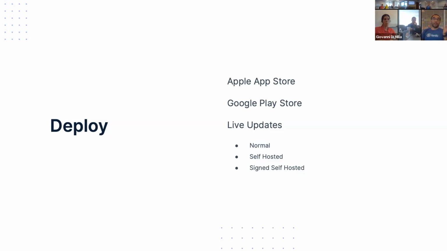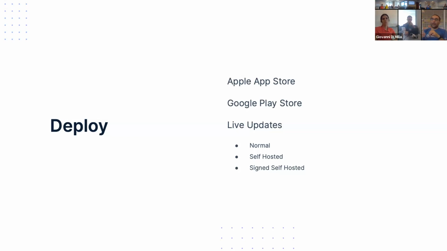So the terms of service of Apple, especially Apple that is more strict, allow you to update any web static assets without going through the review process. That means you can update your app without going through review, because the web parts of your app are static assets.